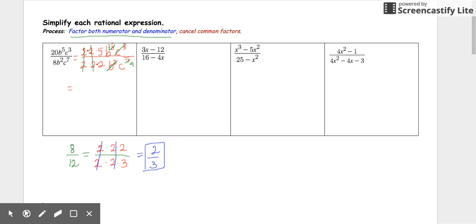So now the leftovers are 5 from the numerator, 2 from the denominator, b cubed from the numerator, and c to the fourth from the denominator. There's the simplest form. Now for the second expression,